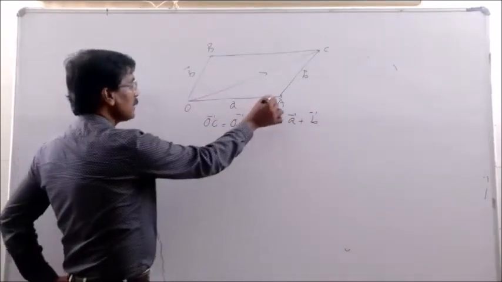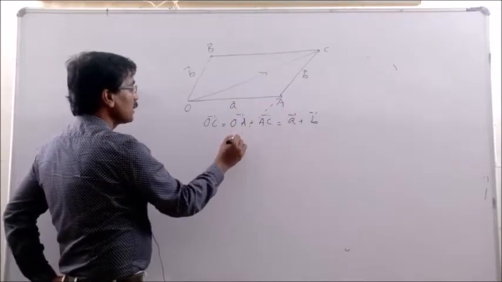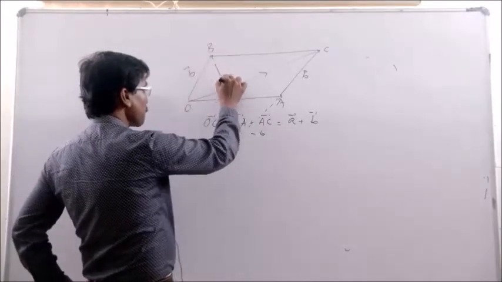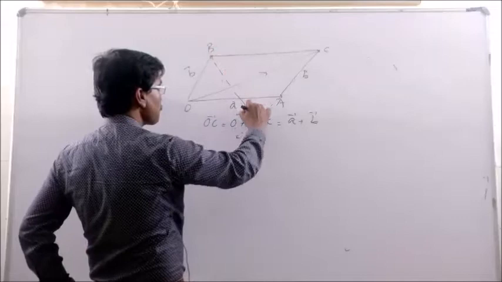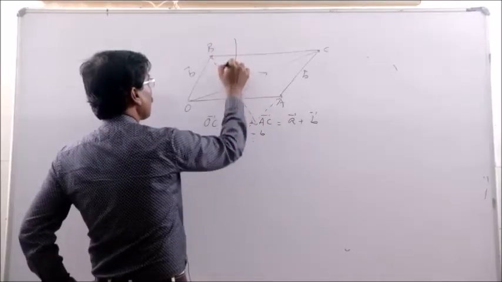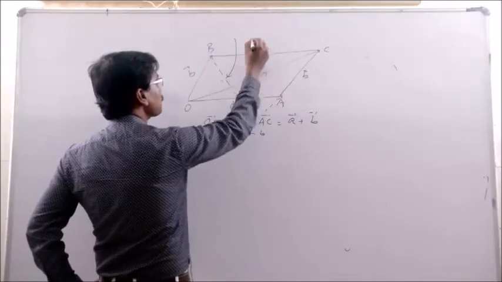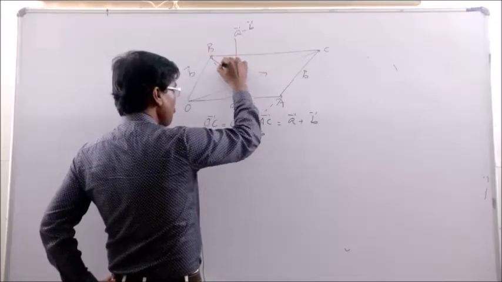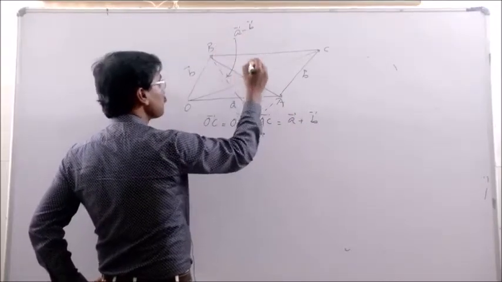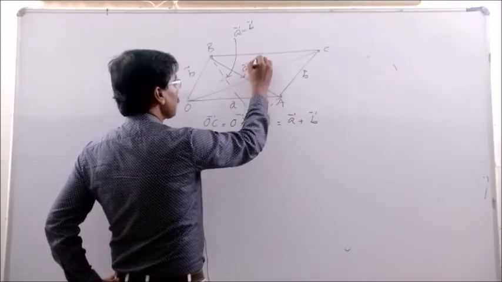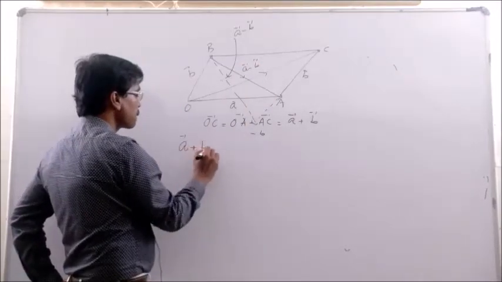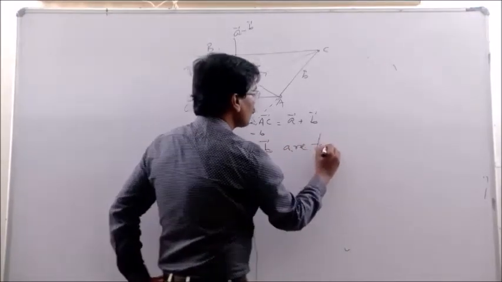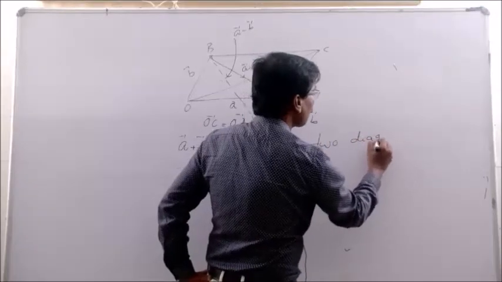And if we extend B vector in the opposite direction, that will be minus B vector. And we join these two vectors. So it will be A minus B vector. So BA vector is equal to A minus B vector. So A plus B and A minus B are the two diagonals of a parallelogram